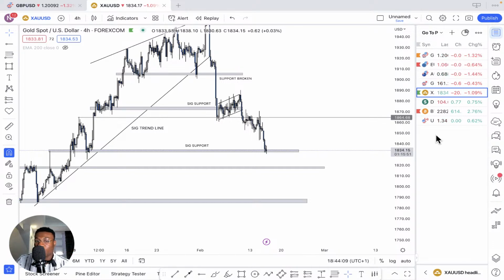There's a lot of noise on the lower time frames. I understand that as a day trader, you want to close your trades within the day, but trust me, the 15-minute time frame is not going to show you as clear a trend as compared to the 4 hour time frame or the daily time frame, right? So for analysis to identify the overall direction of the trend, we want to use the higher time frames, the 4 hour and the daily, to identify overall direction, and then you can go lower to like the 15 minutes time frame to look for entries,